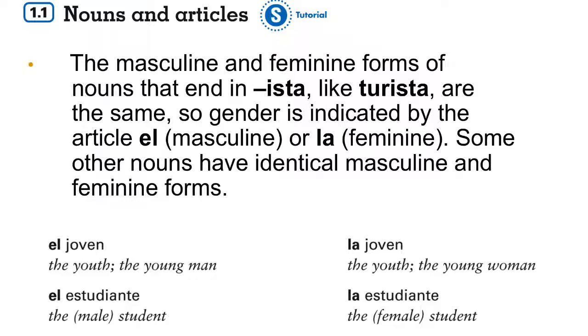Another word that we have is estudiante. What does estudiante mean? Anybody? Remember, these are our vocab words. You guys are going to be quizzed on these at the end of the week. You need to be studying what these vocab words are. Estudiante. Good. Estudiante means student. Good job.